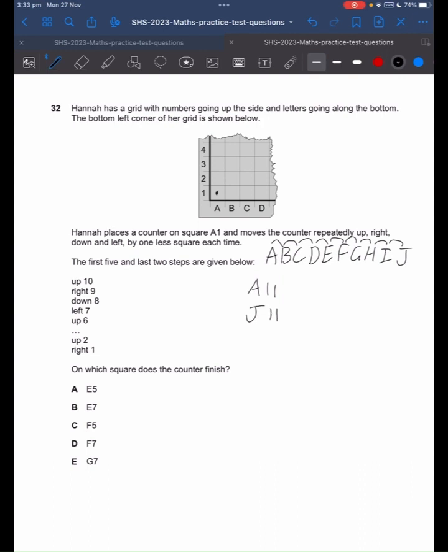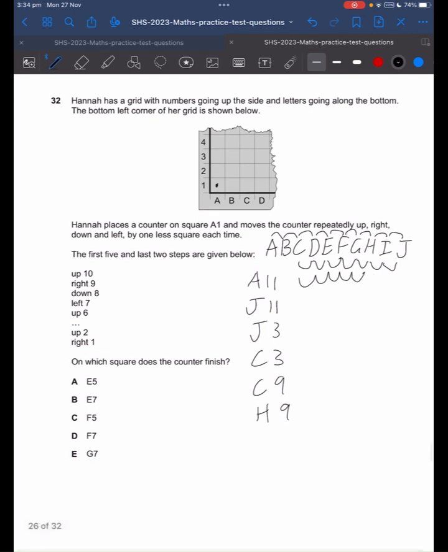Now she goes down by 8, so she ends up at J3. And then she moves left by 7. 1, 2, 3, 4, 5, 6, 7. So she ends up at C3. Then we continue the pattern, up 6, C9, right 5, 1, 2, 3, 4, 5, so H9,